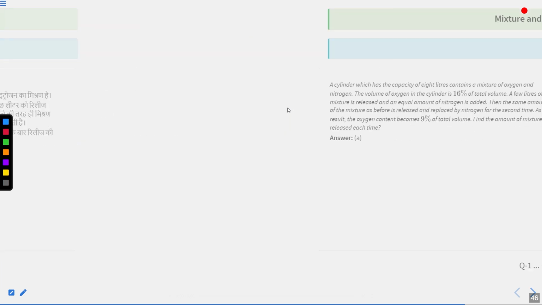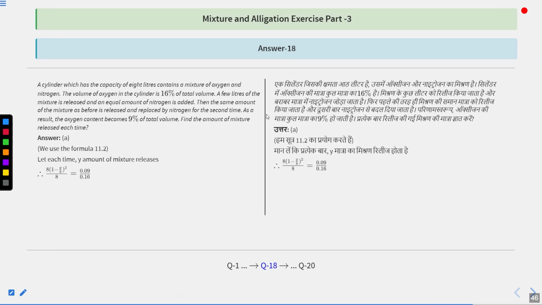Now time's up. Let's see the solution. Now we are going to use formula 11.2. By this formula, we just make this equation according to the question. Let each time y amount of the mixture be released. So total amount 8, 1 minus y upon 8 squared, because it happens 2 times and the total amount is